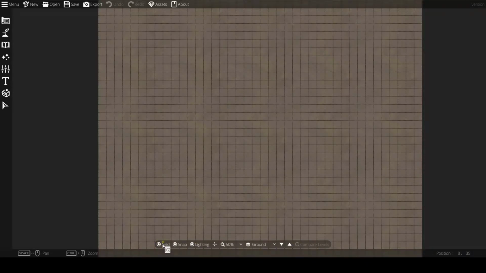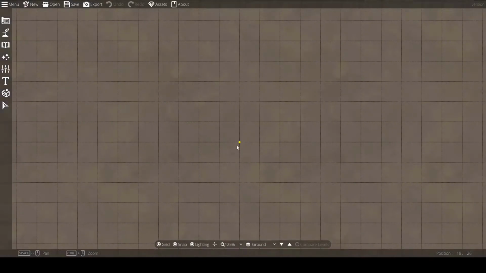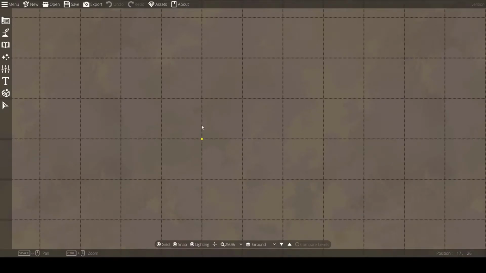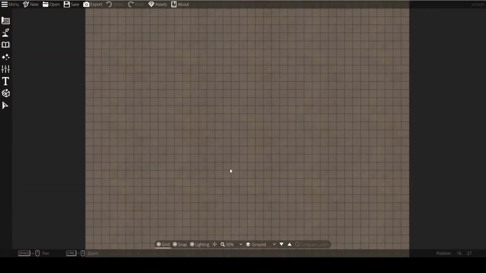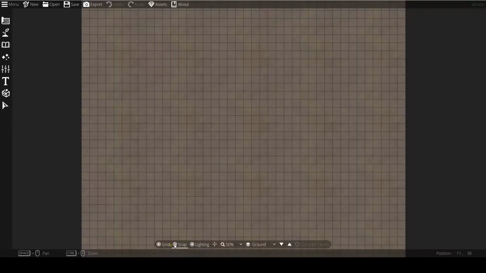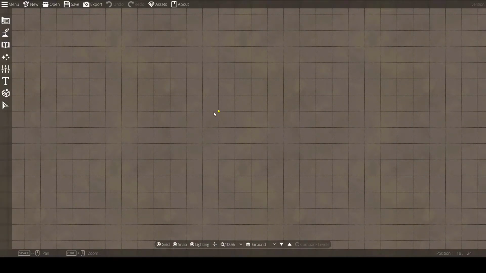The first button is the grid tool, or I should say the grid display. What that does is it displays this grid. It's self-explanatory. This little button is maybe less self-explanatory, but if you watch my mouse, there is a little yellow indicator that follows it around, and it seems to be snapping right now to the center